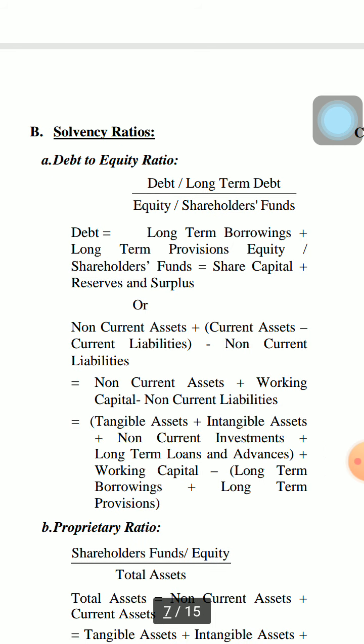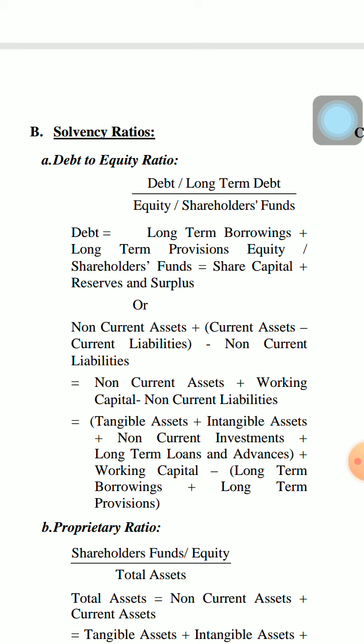So debt to equity ratio is the first one in this series, and debt to equity suggests how much loan has been taken to finance the assets, or how much equity share capital or owner's capital has been used. And it should be less than 1, that means debt should not be more than equity. Debt should remain in a limit, maybe maximum half of the equity shareholders' fund. That will be good for the company.